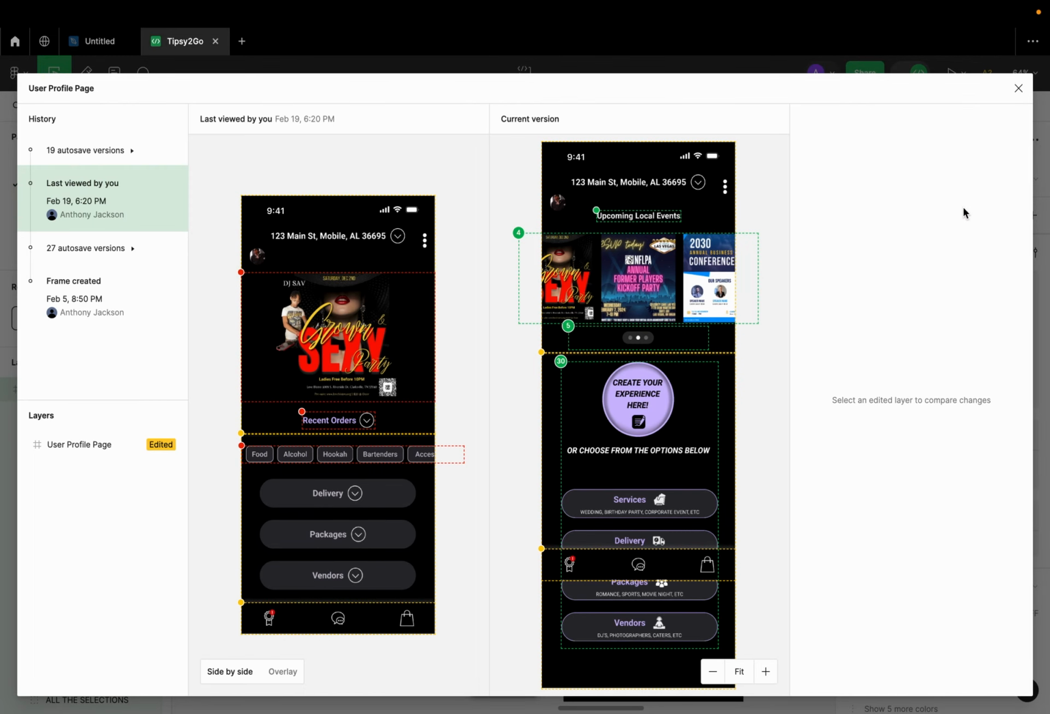And what this is going to do, it's going to give you a side-by-side view of where you started from and your current version. So matter of fact, this says February 19th. We want to go to February 5th where it says frame created. So this is where my very first initial design started, and this is where it ended. But okay, let me explain this to you. So all the green outlines are things that were added. Yellow means things that was